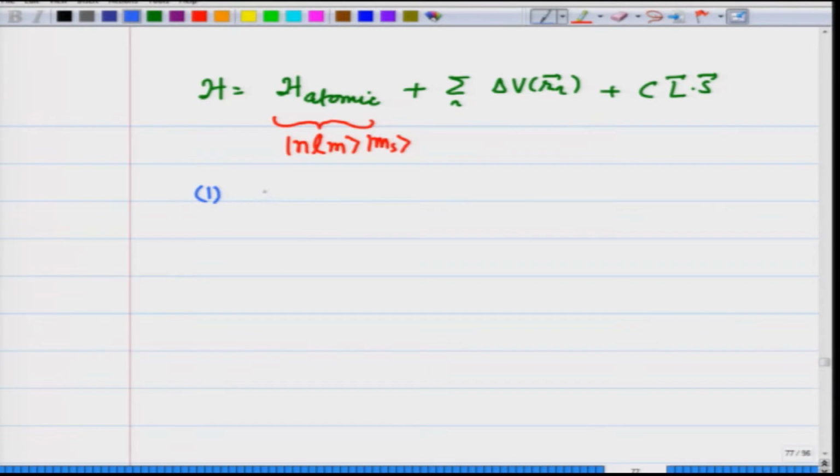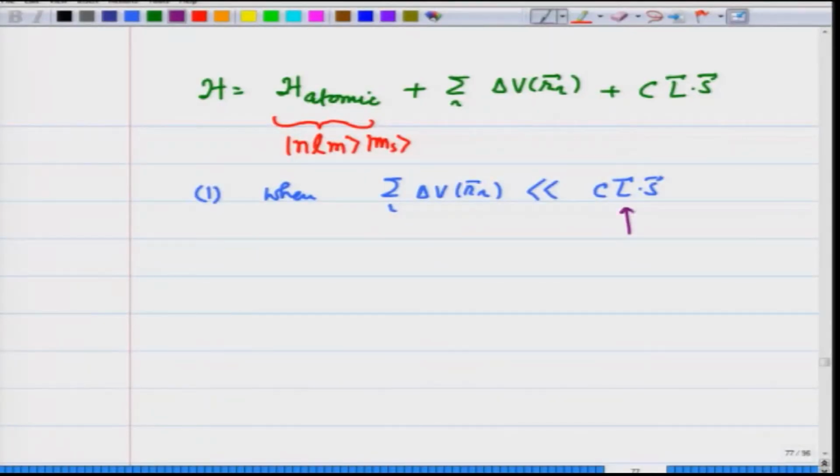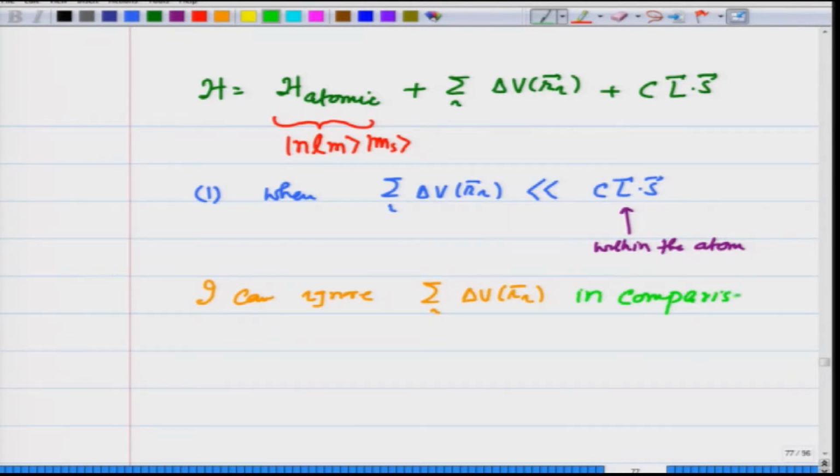Consider scenario 1, when summation over i of delta V(R_i) is much smaller than C L dot S. That means the effect of other atoms in a crystal is much smaller than the spin orbit coupling within the atom. So, this part is within the atom. So, in the first instance I can ignore this term, summation delta V(R_i), in comparison to C L dot S, and therefore, what is going to happen is that C L dot S is going to